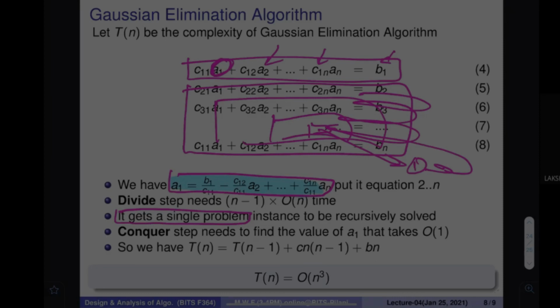So two things are there. Let me show you here. An n size problem, everybody please be with me, is divided into an n minus 1 size problem. Everybody is okay with this? How much do I have to invest? I have to invest this much time so that I can divide it. Divide takes order of n into order of n, so order of n square time. I have to invest this much time to divide, and then when the answer comes, I have to conquer, meaning I have to combine and recompute this value, and this also takes order of n time.